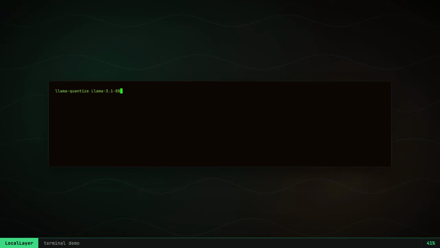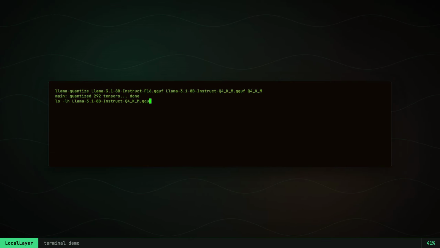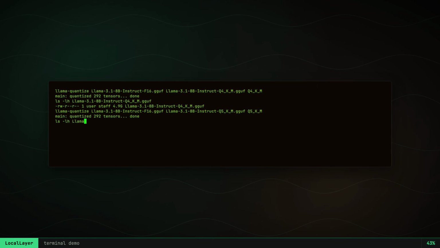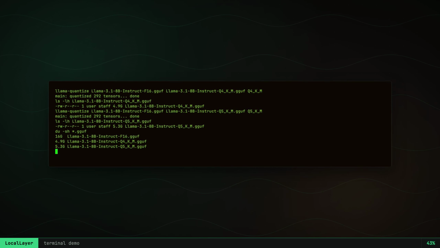Now the actual quantize step. Point llama-quantize at the F16 file, name the output, and pick a type. Q4_K_M is the one every source agrees on. Good quality, the default size for most use cases. On the 8B stand-in, the 16 gig F16 input becomes a 4.92 gig Q4_K_M file, roughly a 3x shrink, for